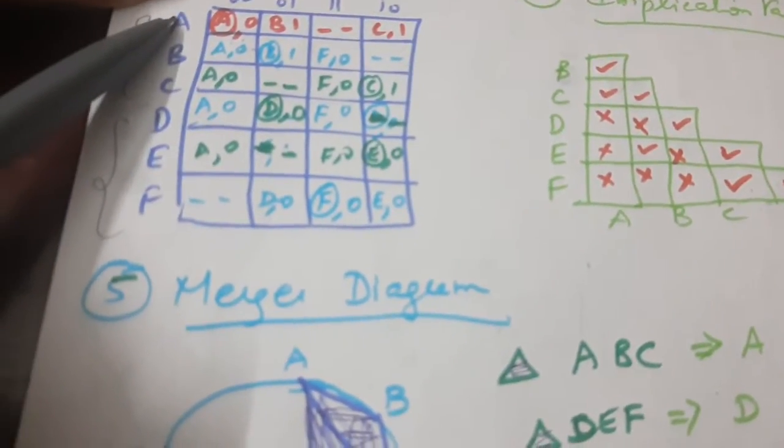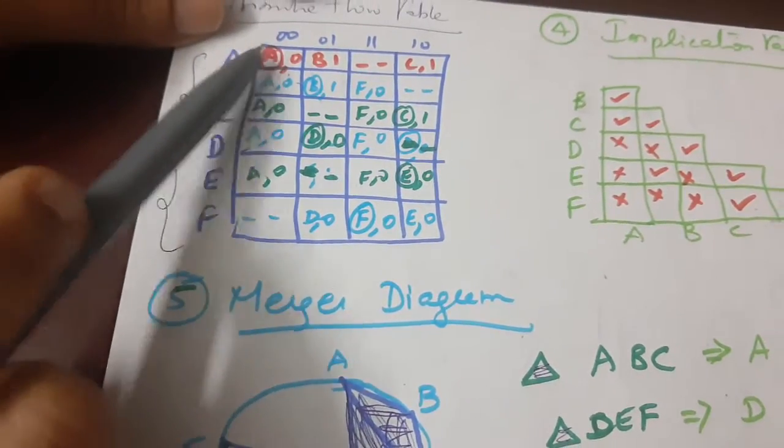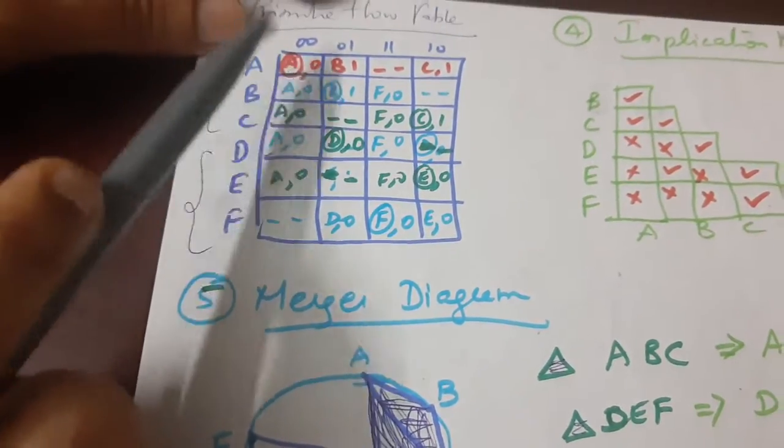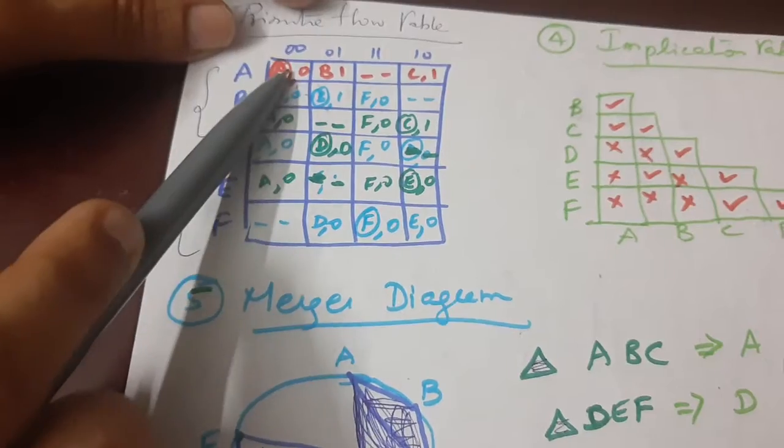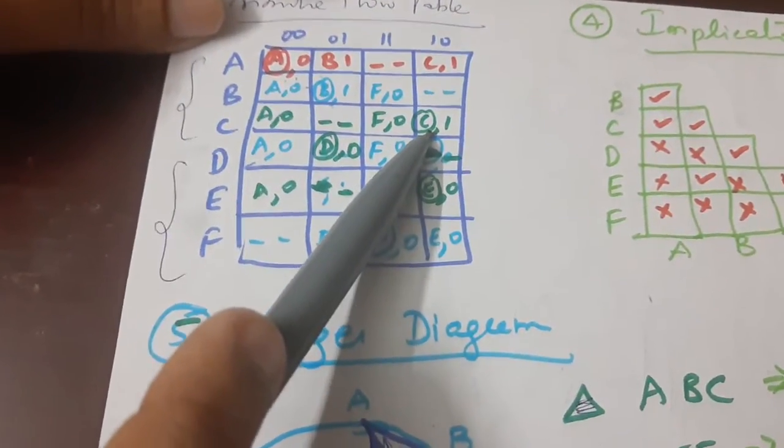From the state diagram, we are going to represent a primitive flow table. So you know how to write the primitive flow table. How many states are there? A, B, C, D, E, F. So write down A is going to A. If it is in the state, is going to the same state, put an N circle. B is going to the same state, N circle. C is going to the same state.